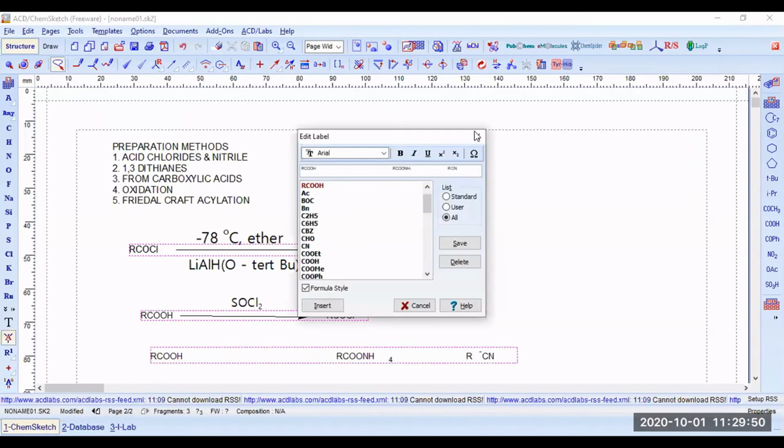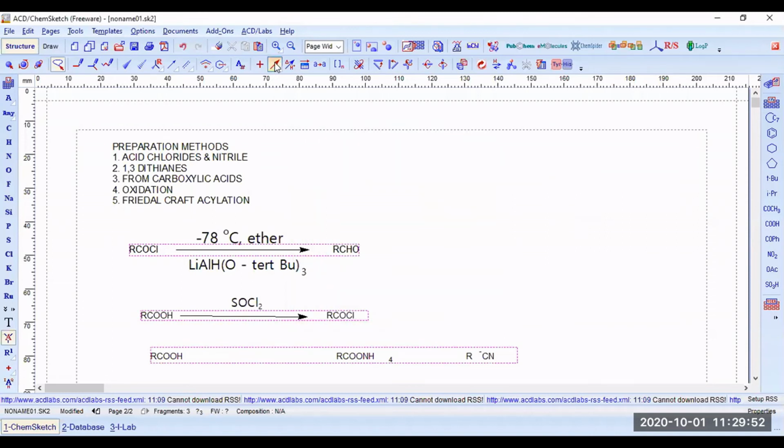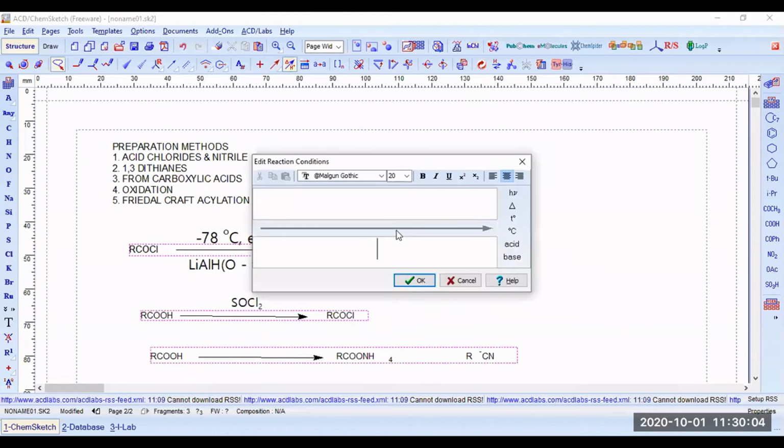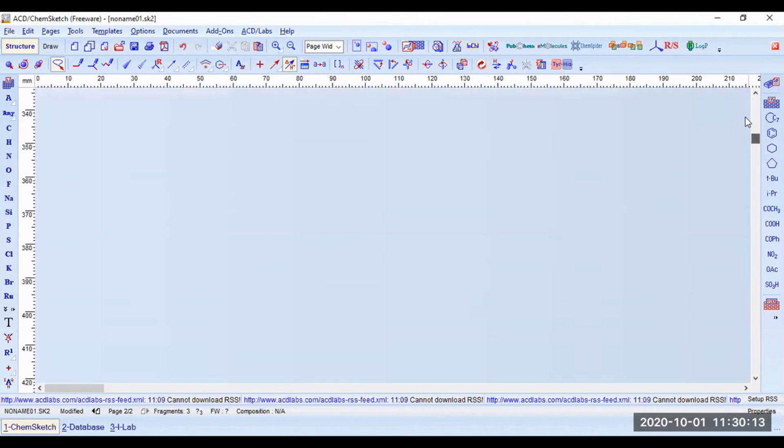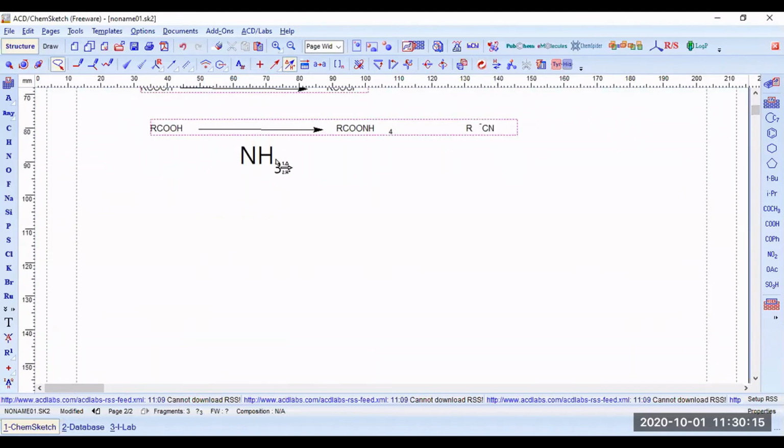So now what is the reagent for the first one? Ammonia. Carboxylic acid, if you are treating it with ammonia, you get the ammonium salt. This on reaction with P2O5 will give us alkyl nitrile. So what we should do, we should